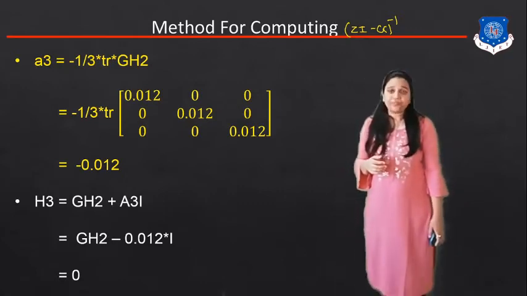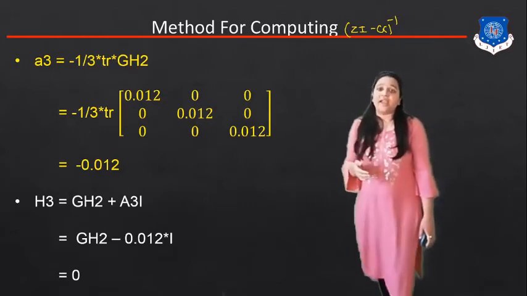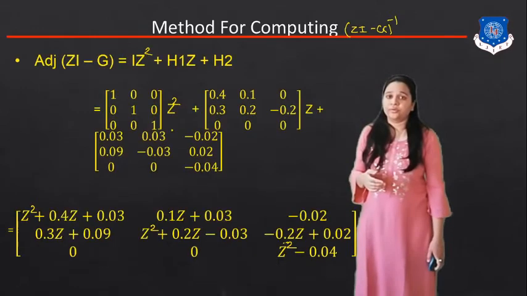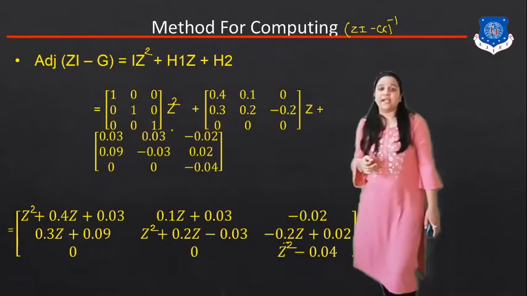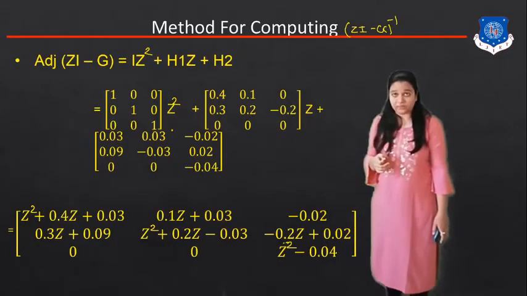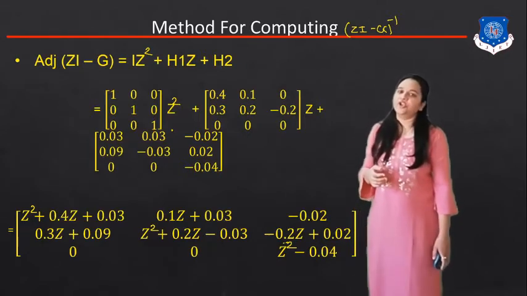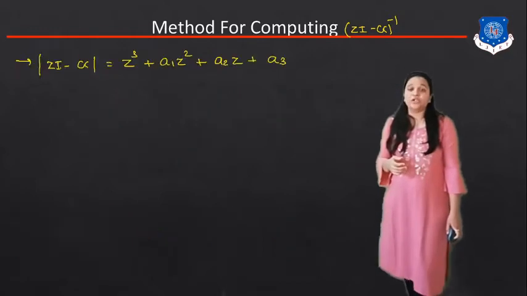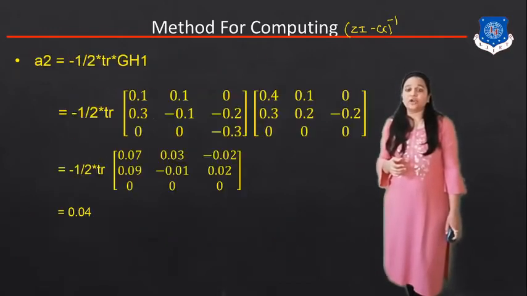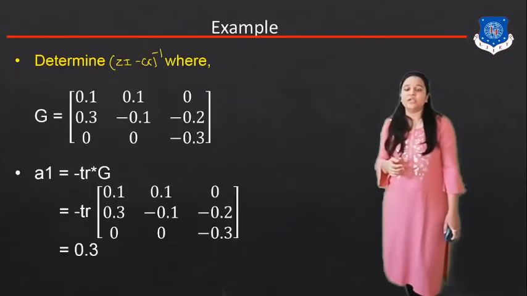So now the next is we have to find the value of adjoint of zI minus Z inverse. So first of all, we have to make the equation of adjoint of zI minus Z inverse. So first of all, what is the equation of adjoint of zI minus Z? So here